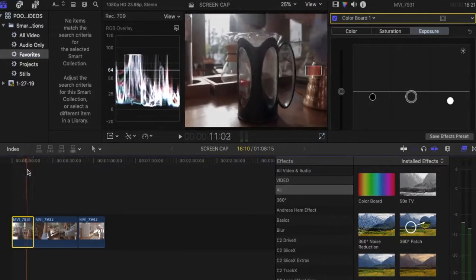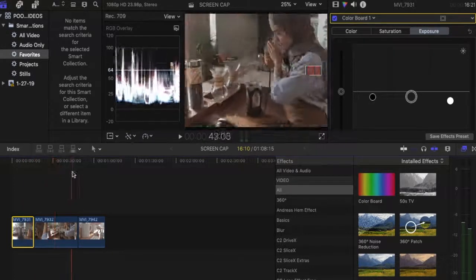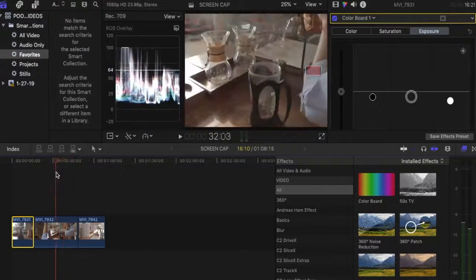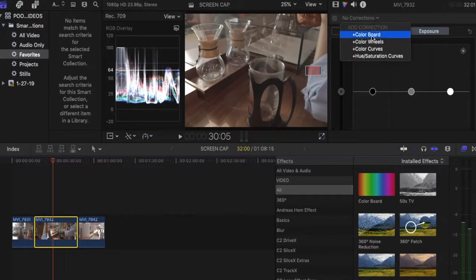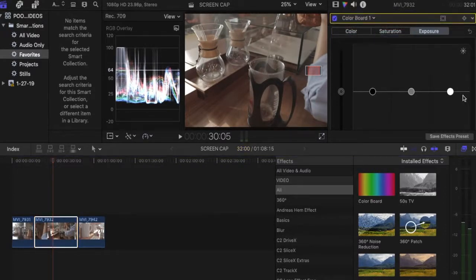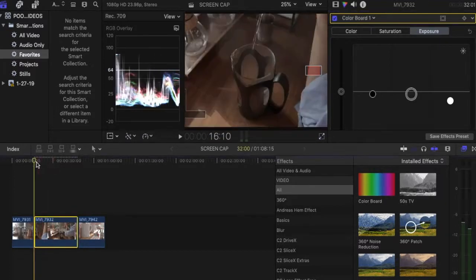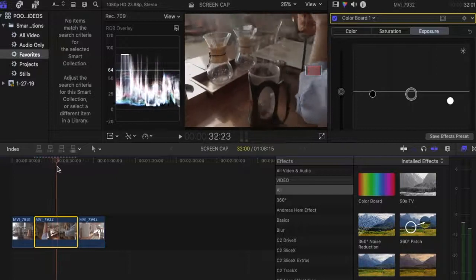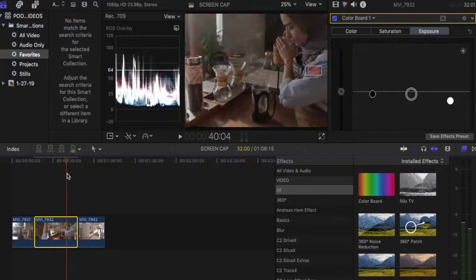This shot is fairly good, fairly well exposed, but I can see some clipping right here. So next is we're gonna do the same thing. We're gonna put the correction, and then we're just gonna pull that down. Pull this a little bit, and this a little bit, and let's just scrub through it again if there's another clipping. And I think this is now well exposed. And let's go to the third one,